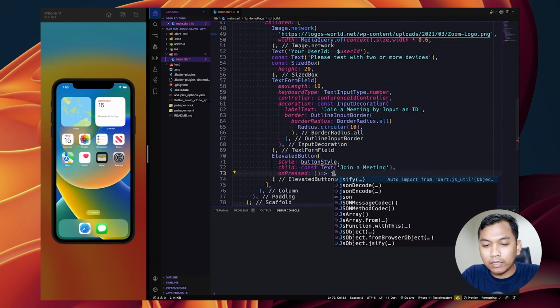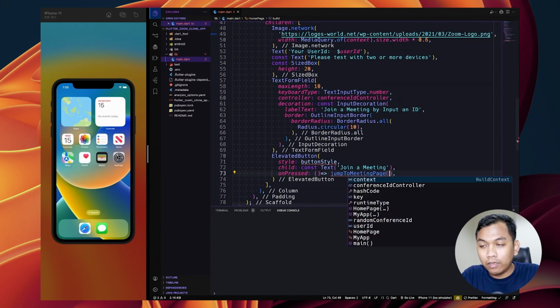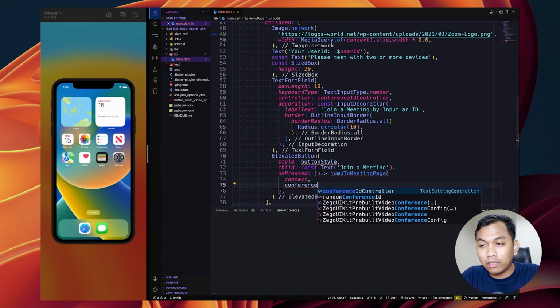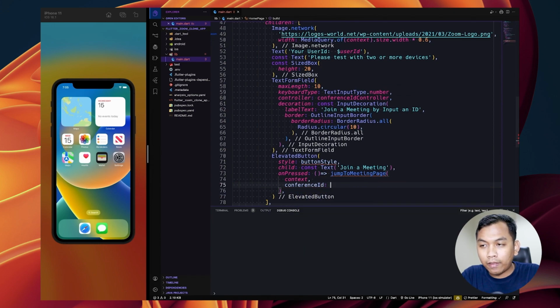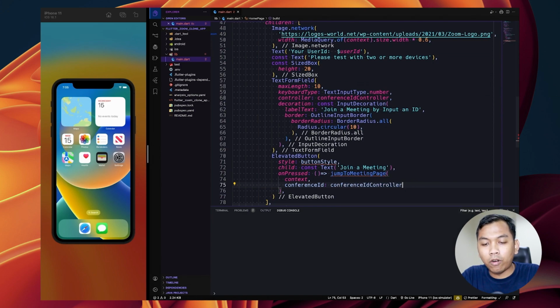We name it jumpToMeetingPage, and inside this, we will have context and conferenceID. The conferenceID will be from our controller.text.